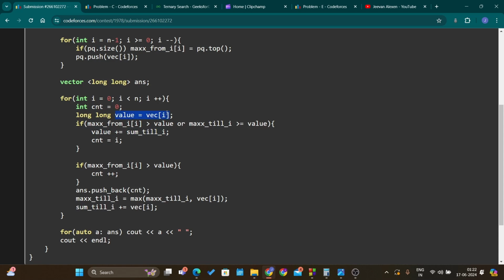The value initially is equal to vec of I. I will add this sum till I to value.